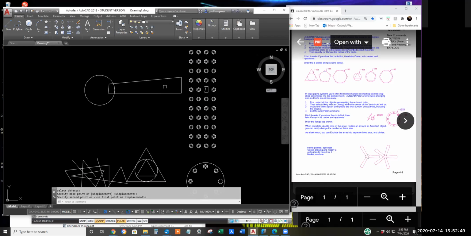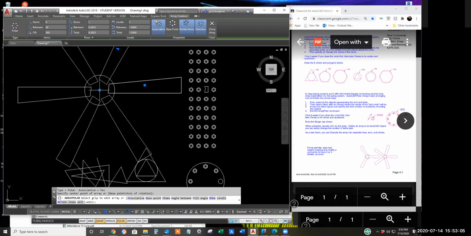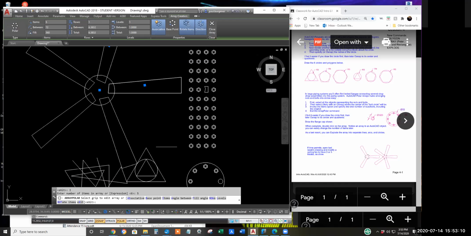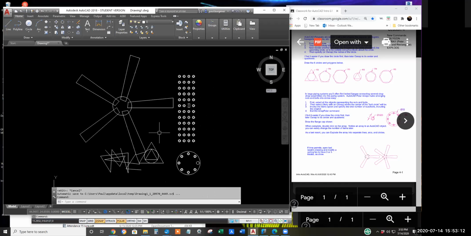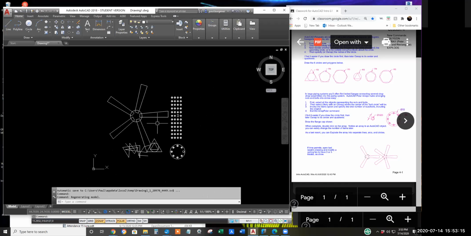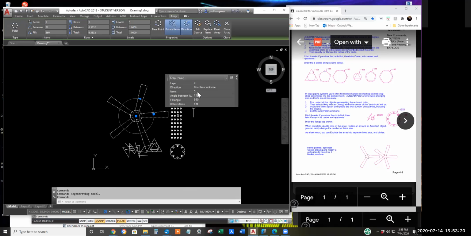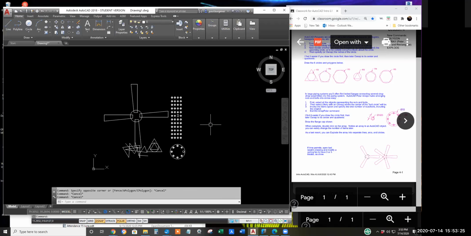It's a quick and dirty blade for a ceiling fan. Let's make it a 3-blade or a 5-blade ceiling fan. I'll pick polar array, select everything, enter, specify base point, dead center of the motor, specify the items, say 5, and hit enter, and hit escape to get out of the command. Change your mind, budget overrun. All right, we'll drop it down to a 4-blade fan. Until you explode the array, you have that capability.